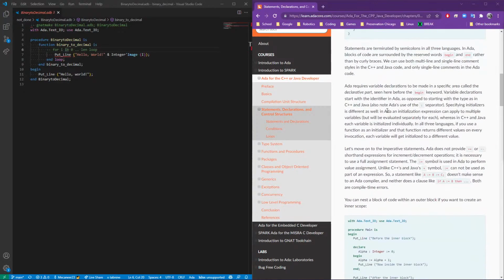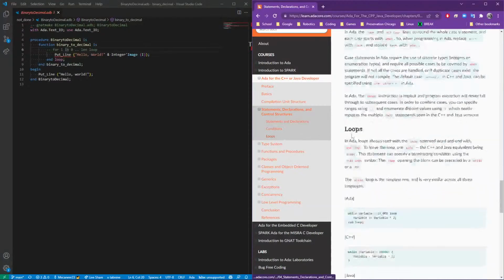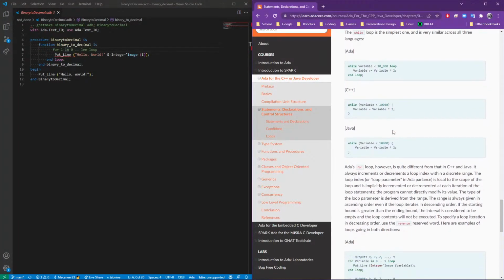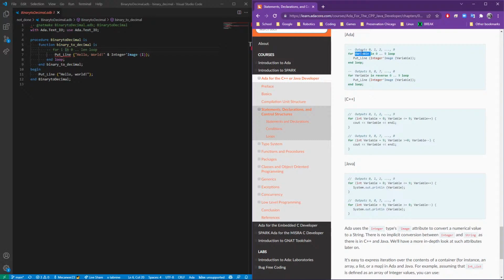This is all well and good. Let's find some loops. Okay. For loops, so we can get a variable. So let's grab a variable. So let's do an I in